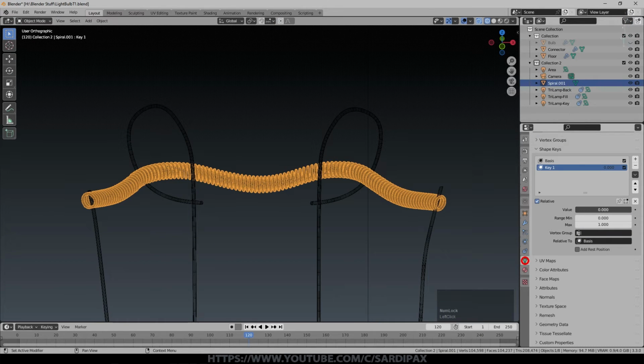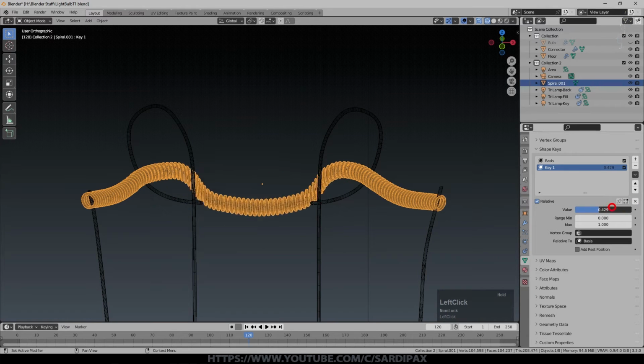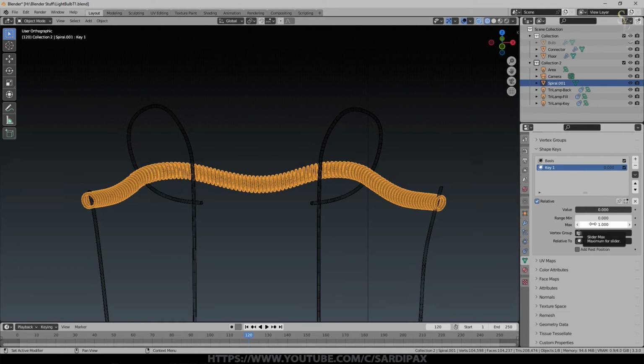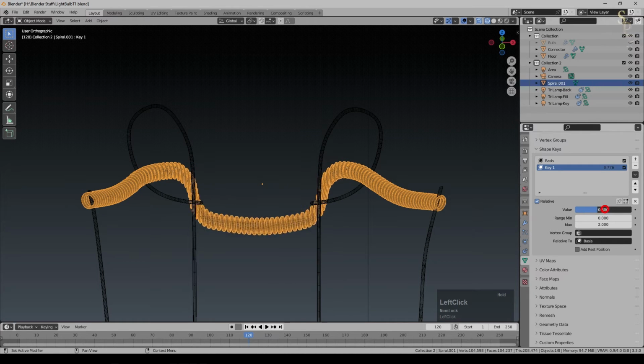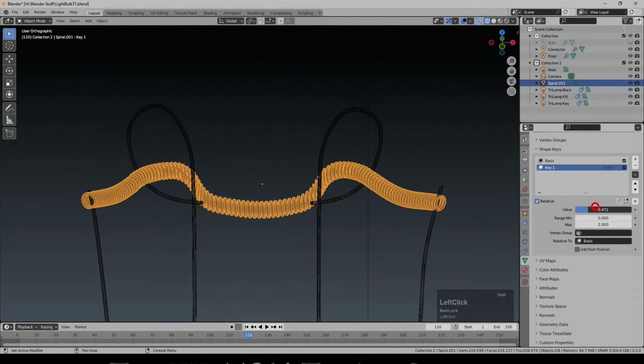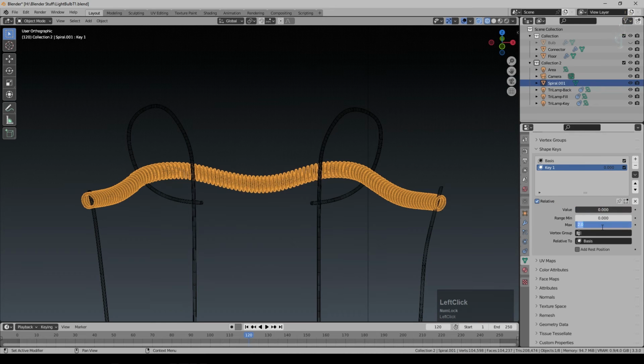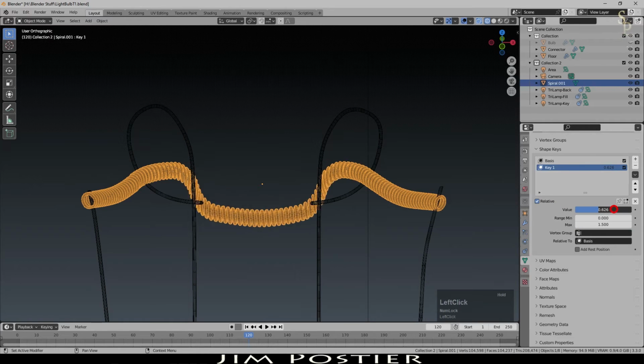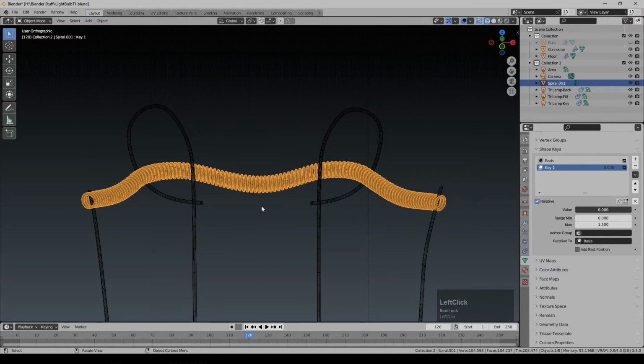So we now have a shape key that will distort that shape like that. If we want to, we can actually make it go further by increasing this max here. If I put this up to 2, we can actually go further than I originally did. And I think I'll go to something like 1.5. We'll see how that looks once I've done it. So we want the filament to burn out and break about here.